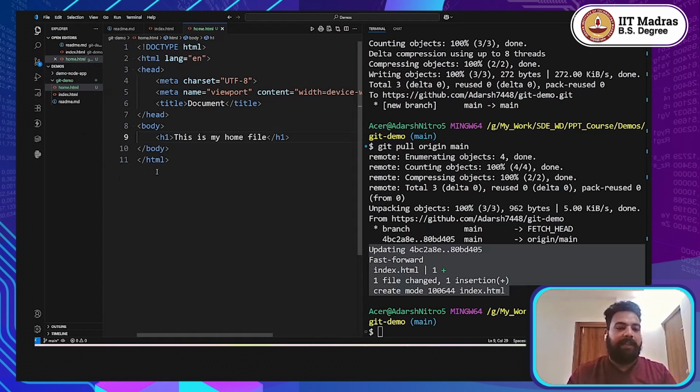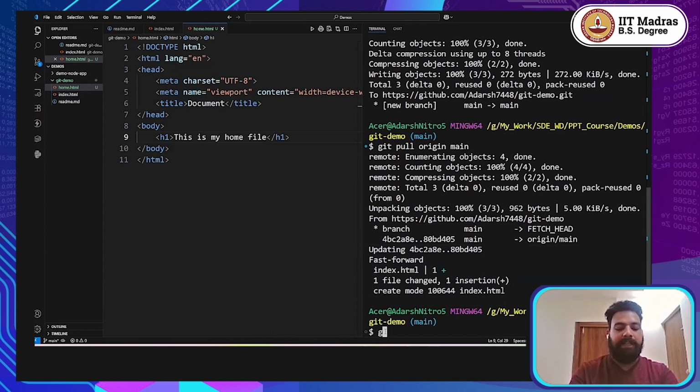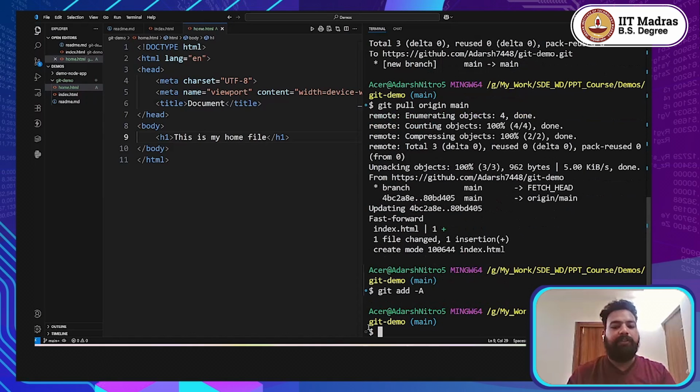To make sure that Git tracks this, I'll write git add -A. I don't need to worry about what file is created or what file needs to be added; simply -A will take care of it. And then finally, I'll make a commit. Git commit followed by an intuitive message. In this case, the message is going to be "added home.html file",